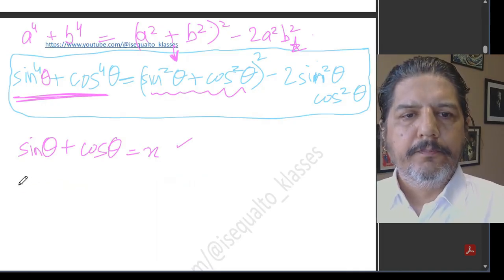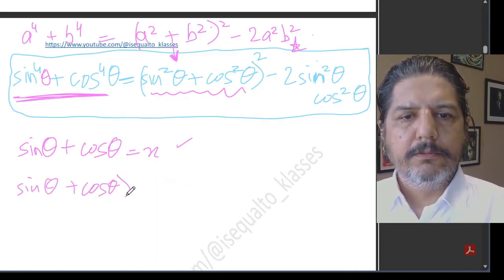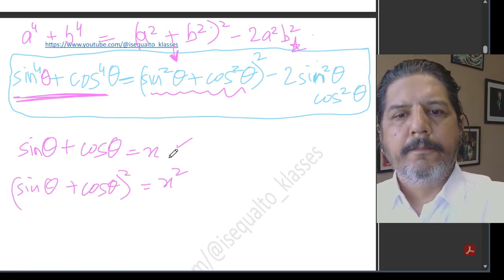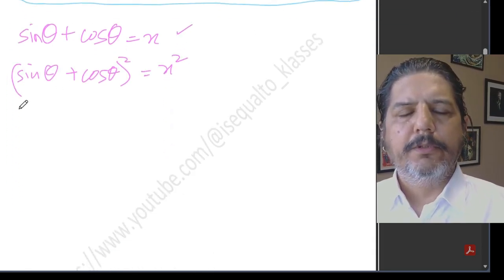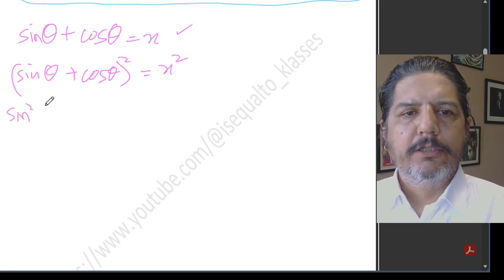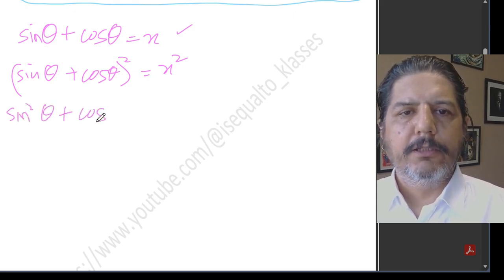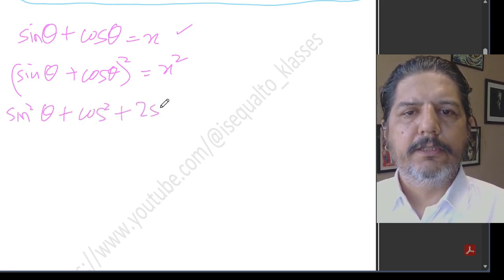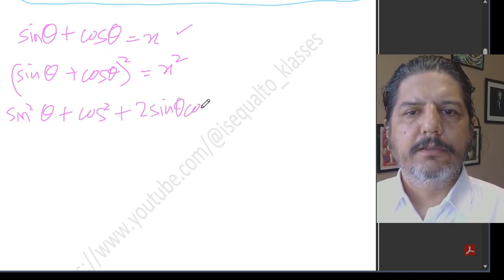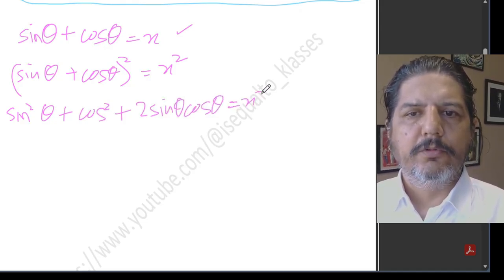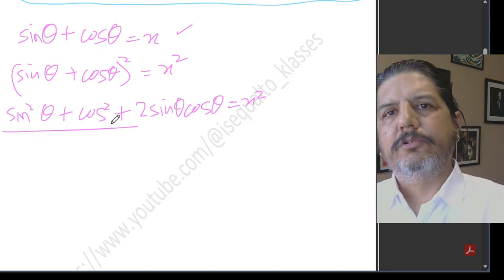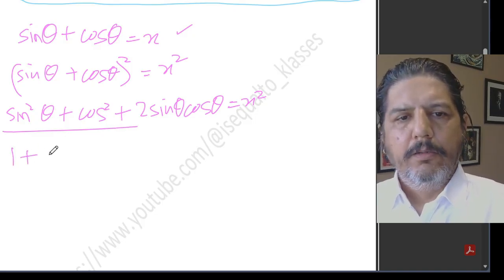Squaring both sides. Sin theta plus cos theta whole square would be equal to x square. Oh, this is simple. Now I open this expansion. This will be equal to sin² theta plus cos² theta plus 2 sin theta cos theta is equal to x square. Now sin² theta plus cos² theta is 1, plus 2 sin theta cos theta